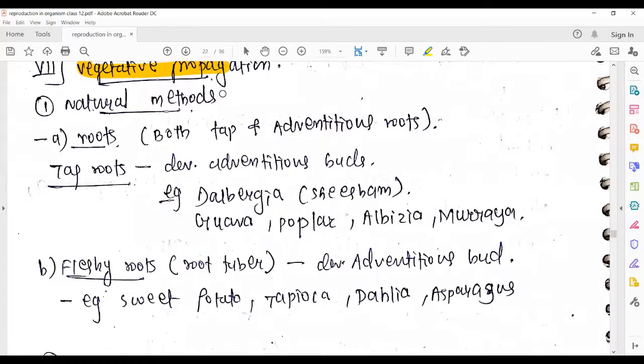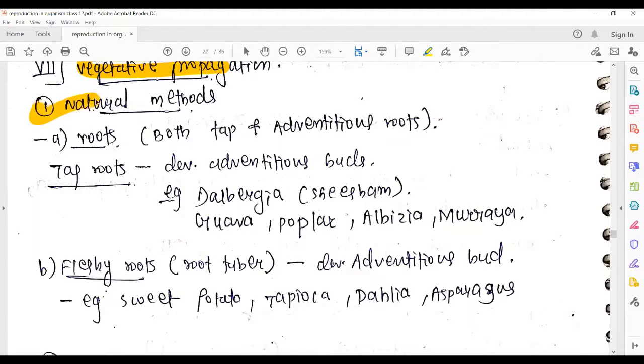Here we will be talking about vegetative parts, not about the reproductive part. What is the reproductive part? It consists of the flower of the plant, that is the gynoecium and androecium, all those things. But currently our topic is vegetative propagation, so we will be discussing the vegetative part of the plant.